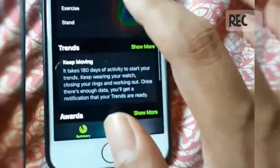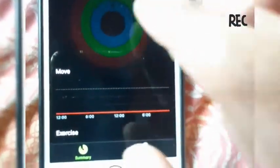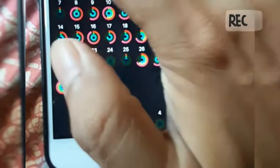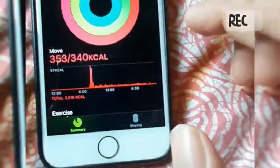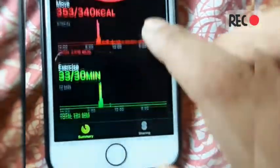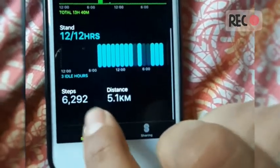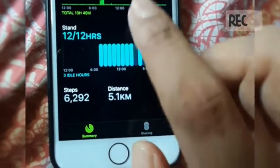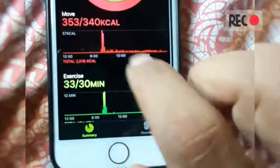So I'll show you the total activity. On playing this, you will get the whole amount of activity. So this is my last day's activity. So you can check the minimum distance is 5.1 km, 6,000 steps, 12 stands, 33-minute exercise, and 3